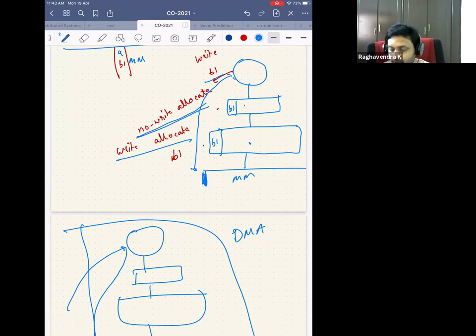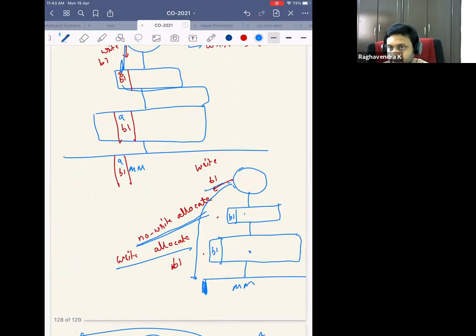But what you have to know is this, that there are cases where a write-through cache makes sense, but generally these days we still implement only write-back caches and handle the complexity of memory IO and coherence issues using complicated mechanisms. But if you had a write-through cache, then coherence would have been easier and memory IO would have been easier. But you just have to know that there are these design choices which people have consciously taken.